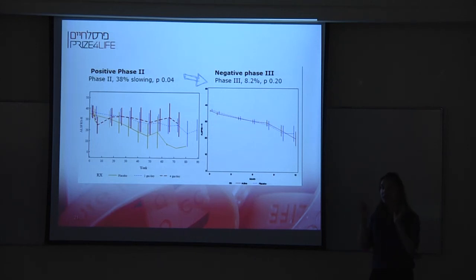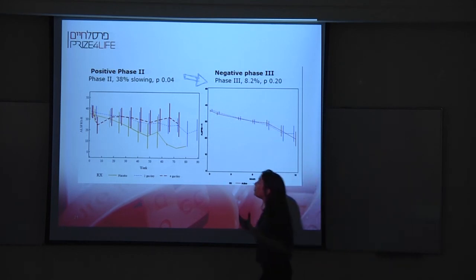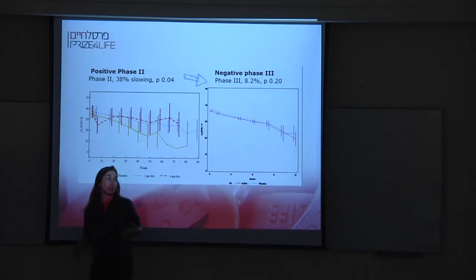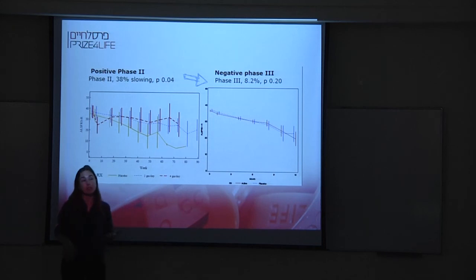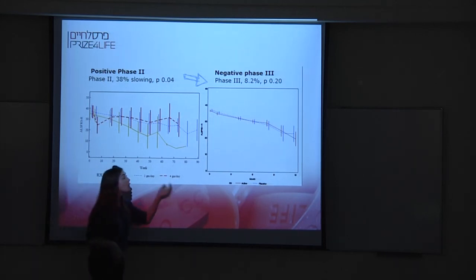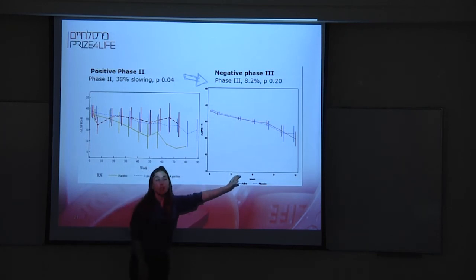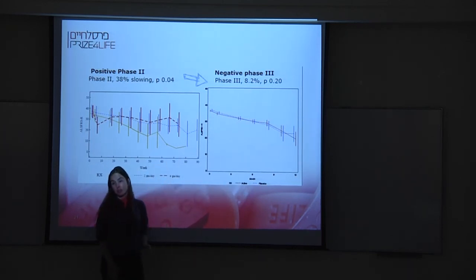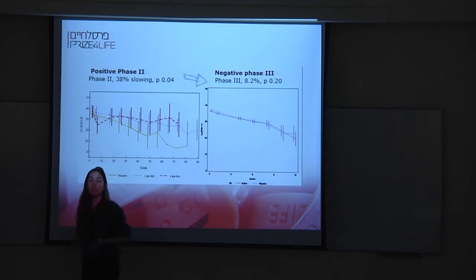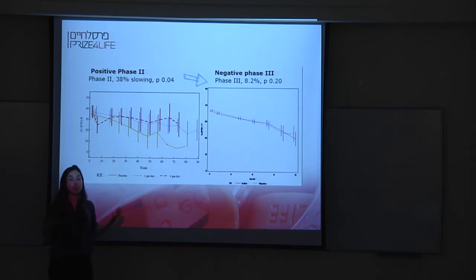Exactly. That was exactly the point. I'm going to rephrase it and say it loudly, I hope. So the reason why we do phase 2 clinical trials is to test if something is effective in a small group. And the reason why we do phase 3 trials is because a small group is not enough. Statistically speaking, you need a large enough group of patients in order to see that something is effective.